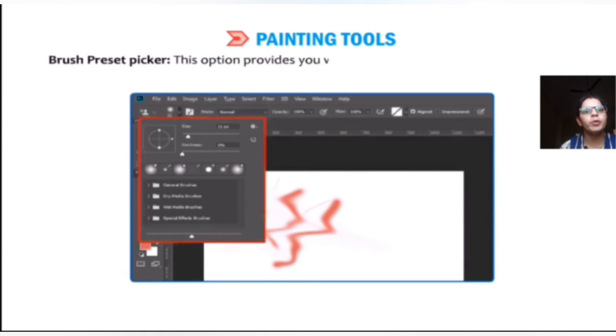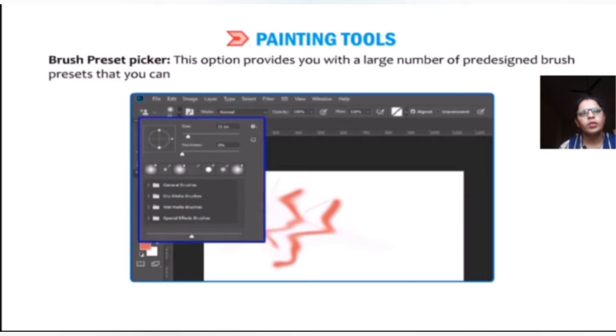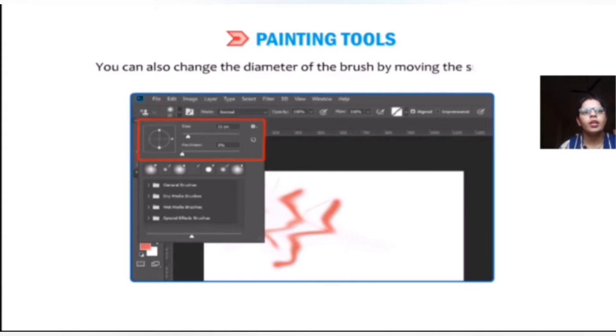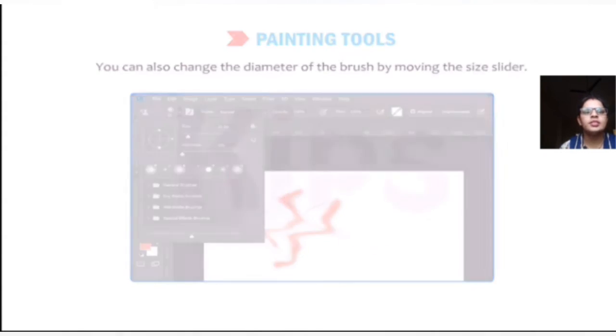This option provides you with a large number of pre-designed brush presets. You can also change the diameter of the brush by using the size slider. You can increase and decrease the size of the brush.